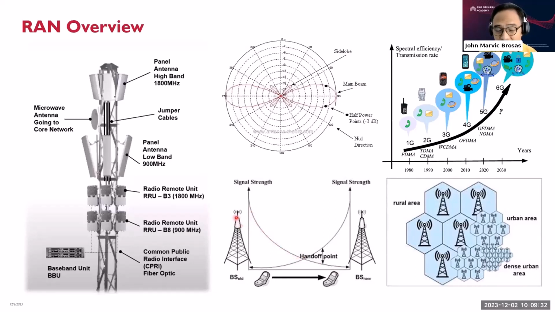So the signal from site A weakens up to the point that it will drop you, if you're still engaged with the service or still on the call. So the idea is that before that point, you have to have that threshold where you can be handed over, or what we call the handover point, handed over to the next stronger signal or the next stronger site. So from this point, ipapasa ka niya from the one site,